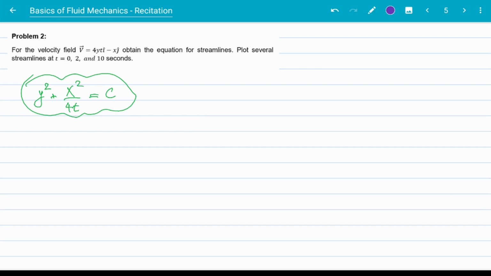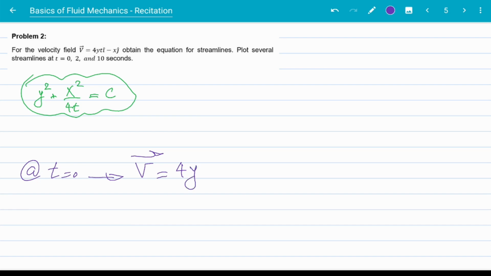However, for t equal to 0, we have a problem. Time is in the denominator of the x term here, and if you put 0 there, you have a 0 in the denominator, which is never a good thing. For the special case of t equal to 0, we have to revisit the original equation. So for t equal to 0 only, I'm going to revisit the velocity field equation. I will get velocity is